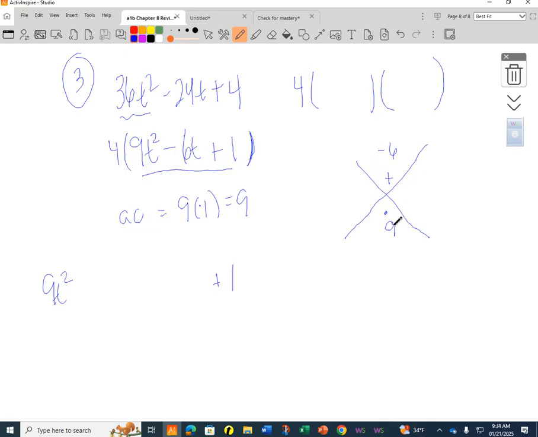Our product, what our factors multiply together, is 9, but they have to add together to get -6. Does that make sense? Negative 3 times negative 3 is positive 9, and negative 3 plus negative 3 is negative 6. That's exactly what we need. So when we rewrite